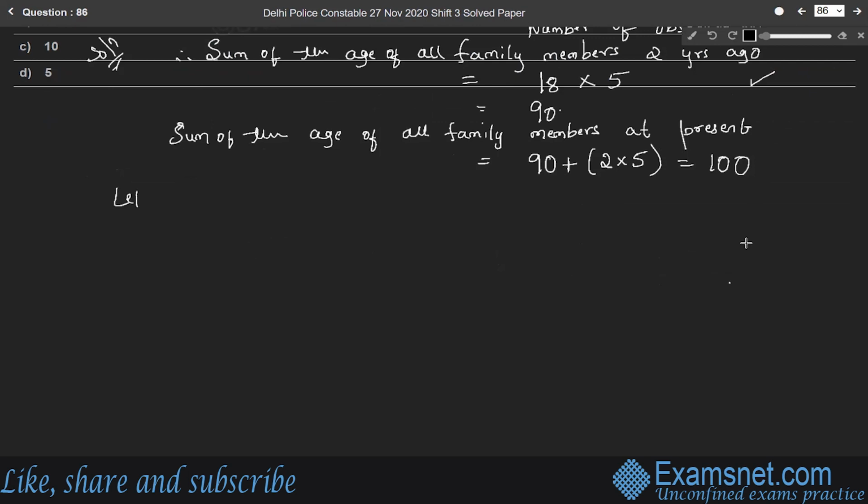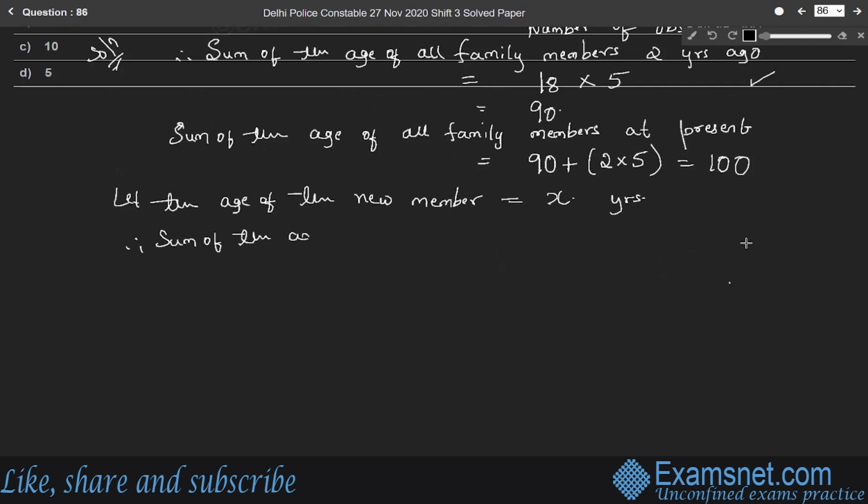Let the age of the new member be equal to X years, right? The sum of the ages of the family of 6 members now, when 1 is added, right? Therefore, the sum of